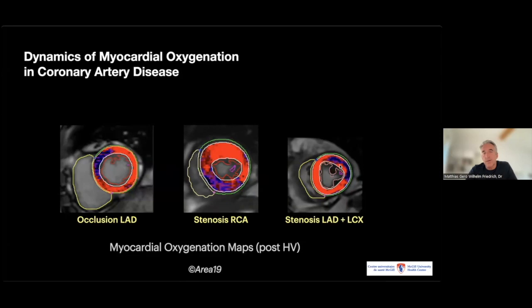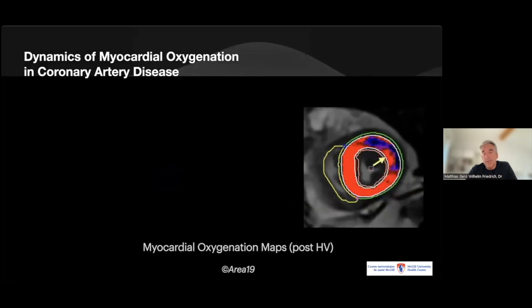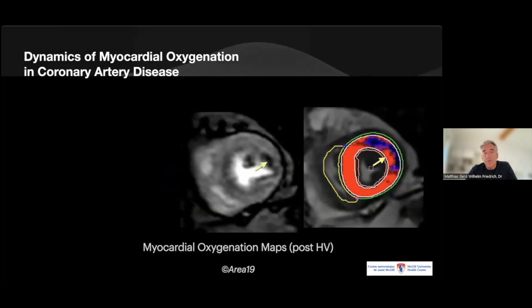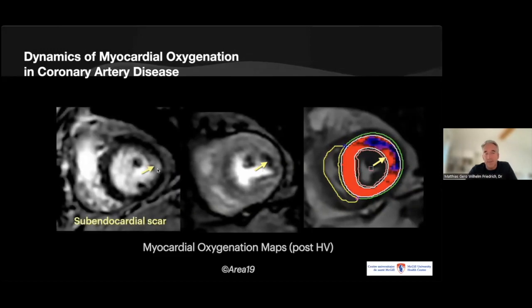And one could say, okay, maybe this is a false negative scan. If you look at this region and compare it with the perfusion, you see, wow, the perfusion deficit is mostly in that region. So this really seems to be false negative. But then comes the solution to this. This is a small infarct, and this is the late enhancement imaging with a bright signal of the infarcted tissue. So in fact, it was not false negative, but the perfusion was false positive, because in the